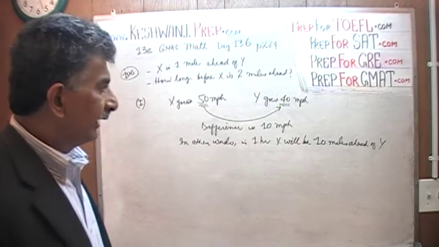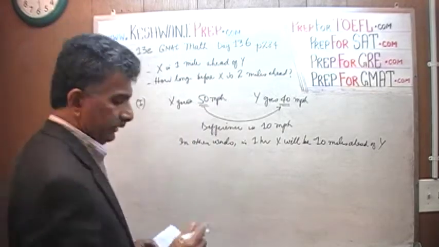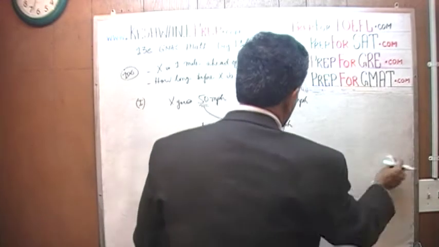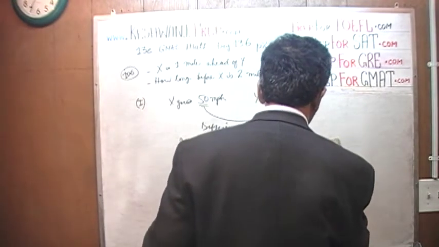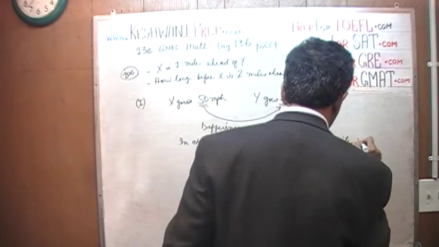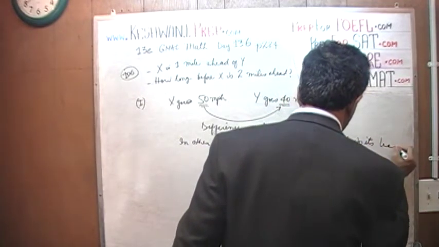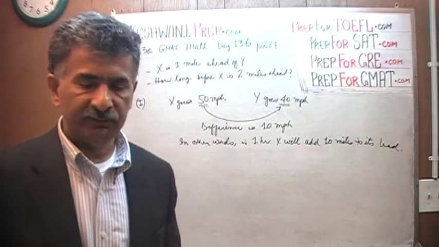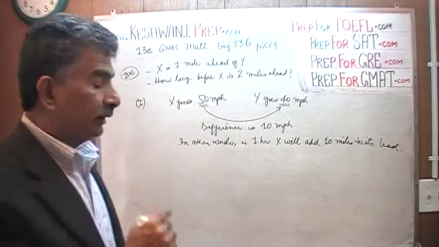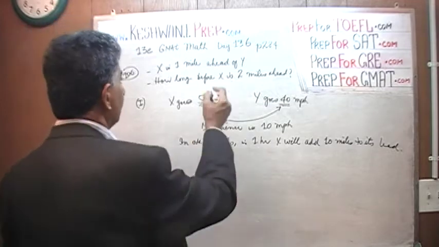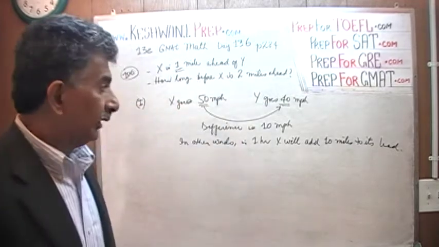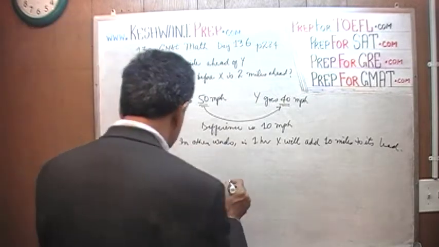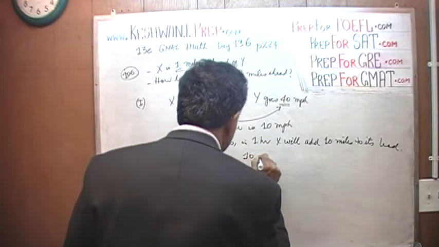I should not say x will be 10 miles ahead of y because x is already 1 mile ahead. This is misleading here. X will add 10 miles to its lead, whatever the lead happens to be. If they both start out at same starting point, then the lead is 0. Here, actually, it has a lead of 1 mile already. So, if it adds 10 miles to its lead in 1 hour,